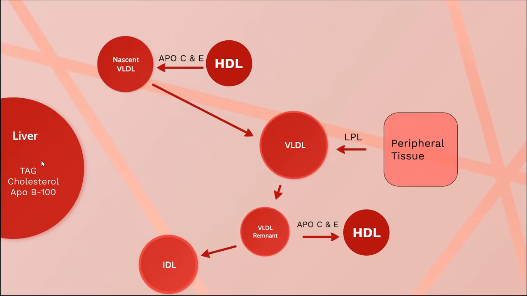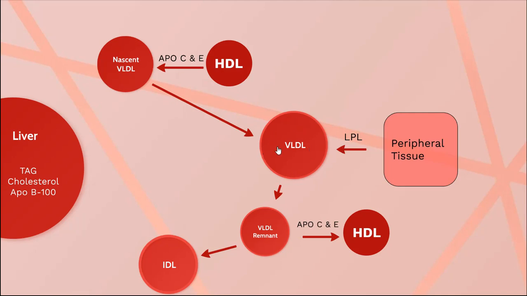The lipids which are synthesized in the liver interact with an apoprotein called ApoB100 in the liver and form nascent VLDL. Nascent VLDL is secreted in the circulation from the liver through the process of exocytosis. This is the nascent VLDL in the circulation. It needs more apoproteins to be matured. Same as previous, the HDL donates its ApoC and ApoE to the nascent VLDL,